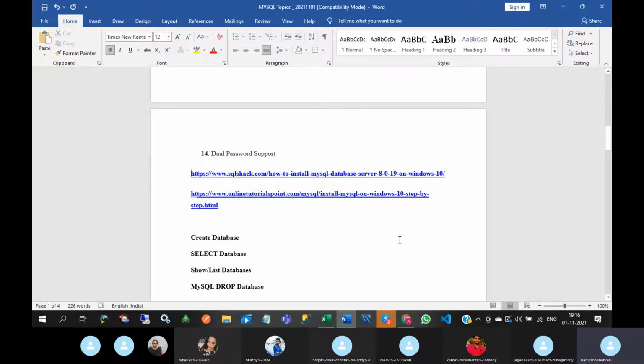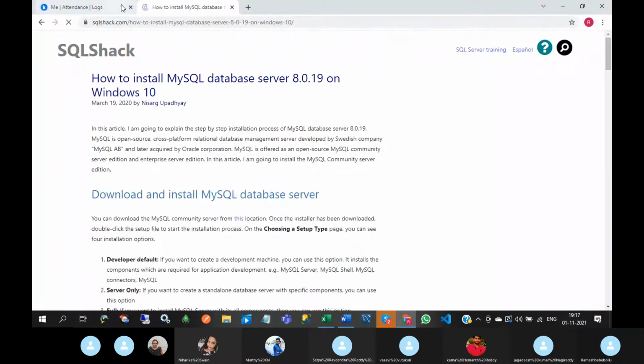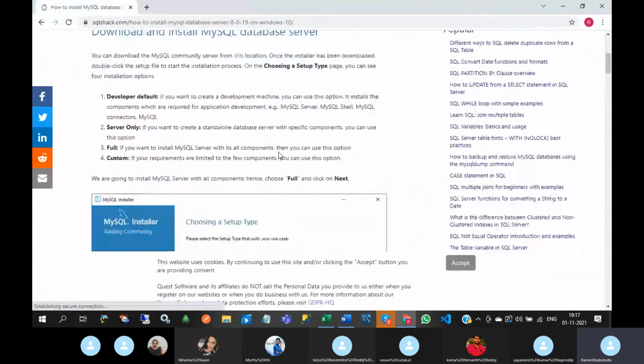You can use these for downloading MySQL and installing it into your system.